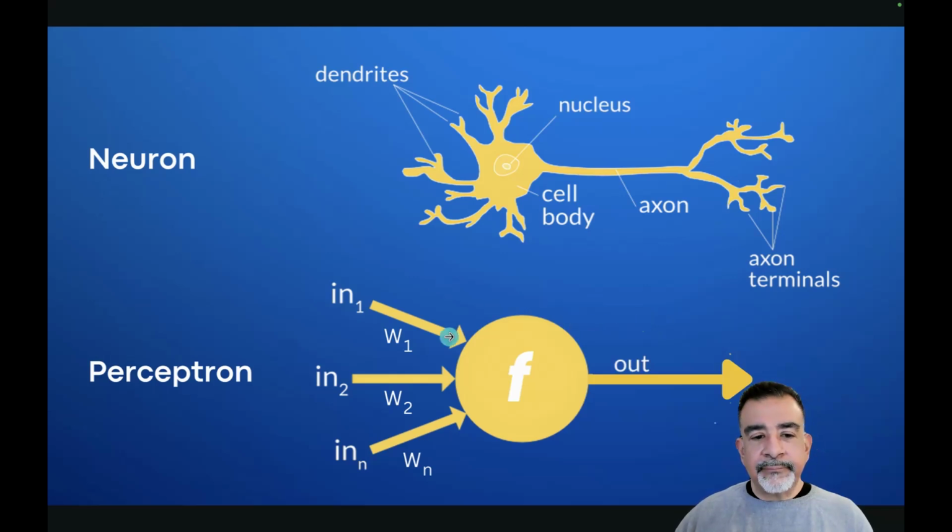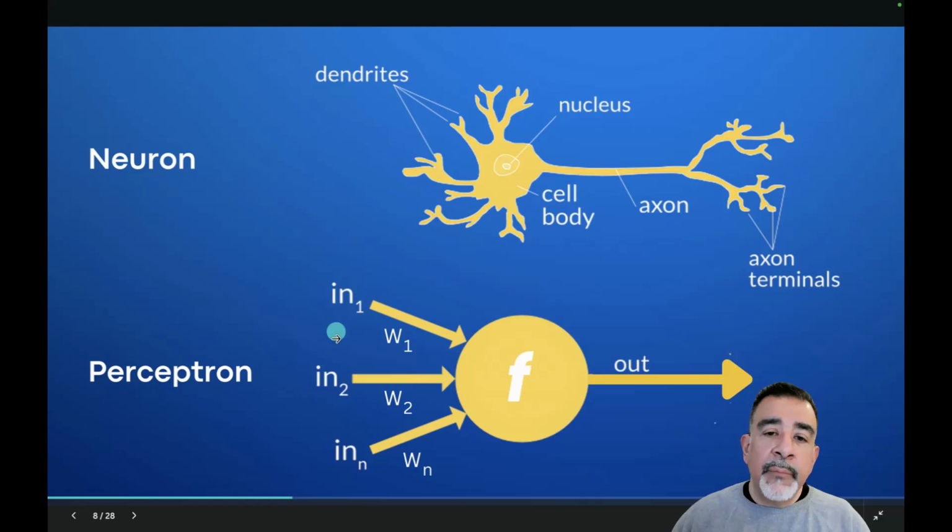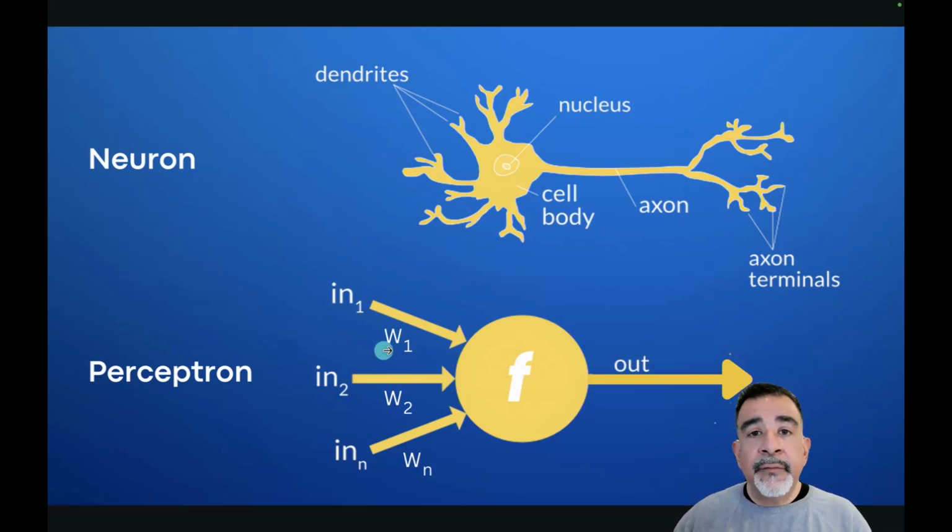In a similar way, the perceptron is the digital equivalent that was inspired by the neuron. And so on the left-hand side, you can see input 1, input 2, to input n, meaning just carrying that forward to 3, 4, 5, 6, and so on. So you have multiple inputs. Those inputs are modified by a weight. A weight is a relationship between these different inputs, and then those are processed in this central circle that you see here with an F on it, which is a function, an activation function, that further modifies the input.